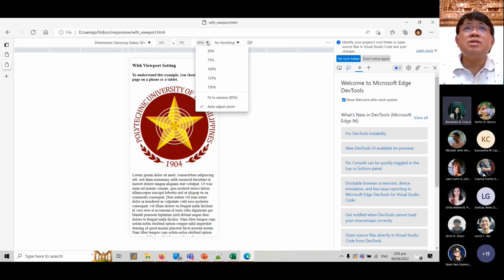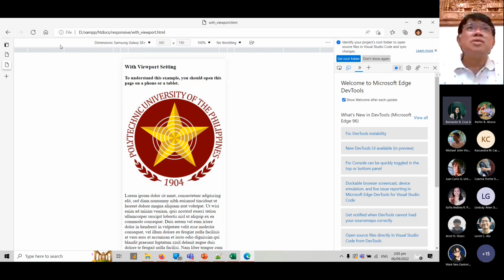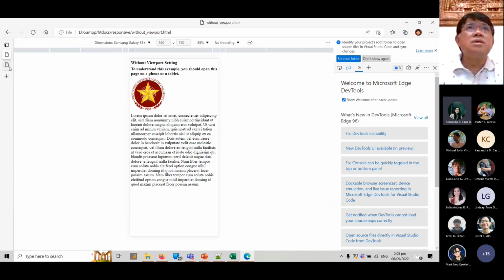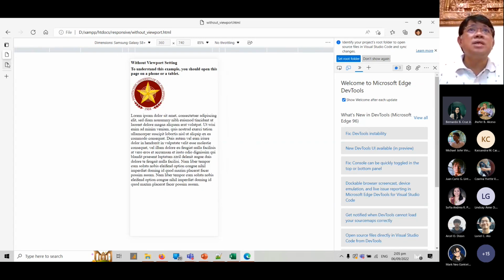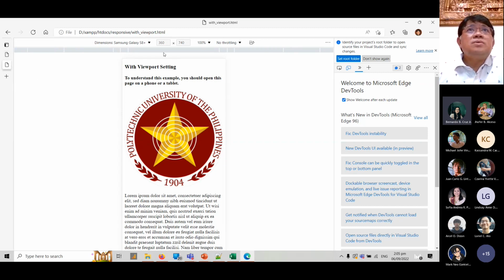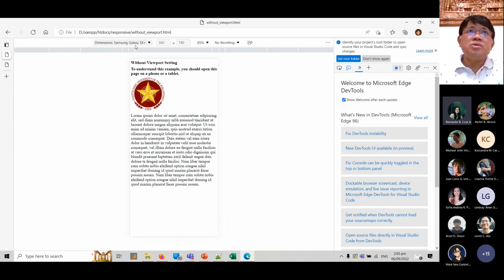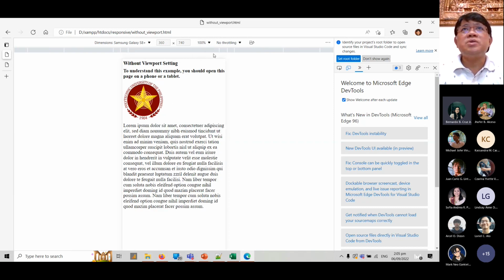Yan. 100% yung view natin. Okay. So the same emulator, no? Galaxy S8 Plus, yung ginamit natin. Okay. So this view, meron siyang viewport. Okay. Yung example na to with viewport. The other example, using the same emulator, Samsung Galaxy S8. Pakita natin. Okay, so 100%. Yung orientation,